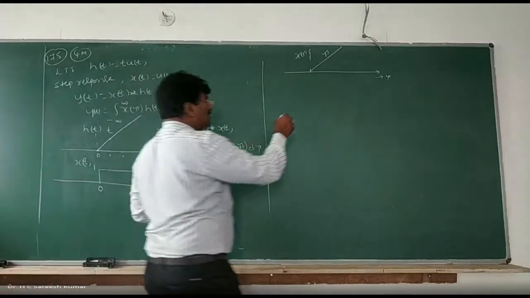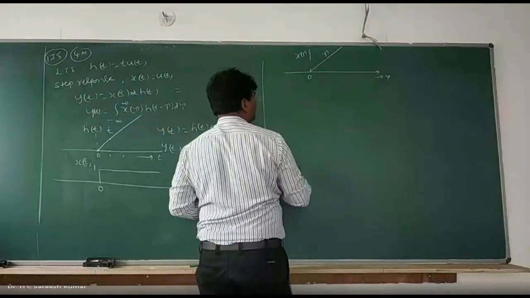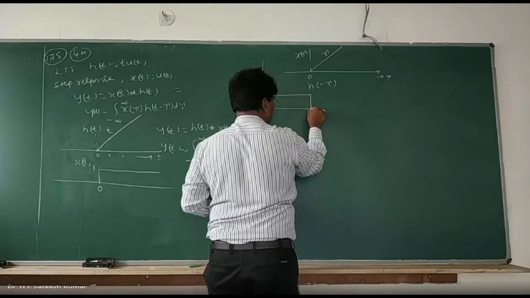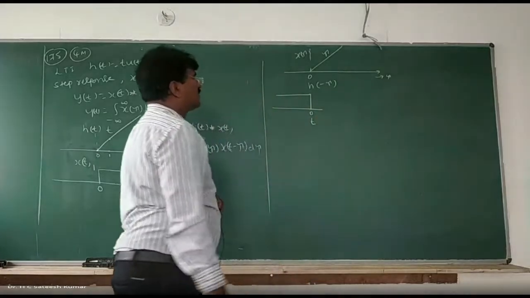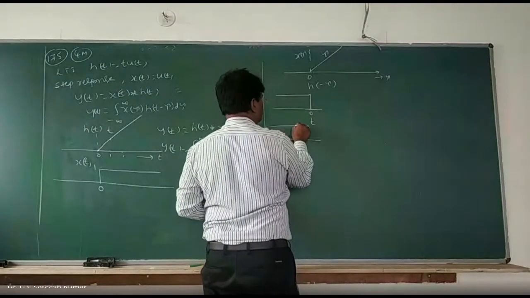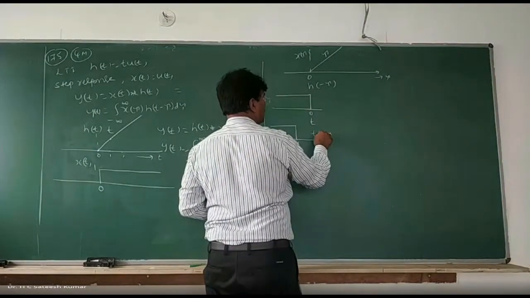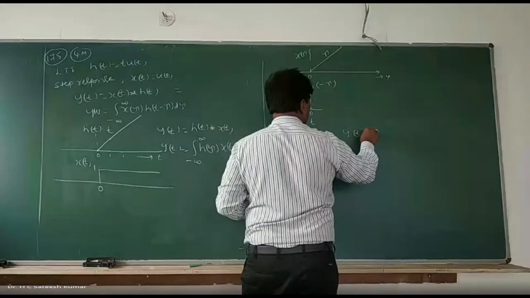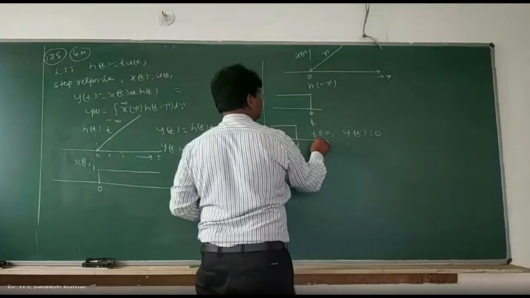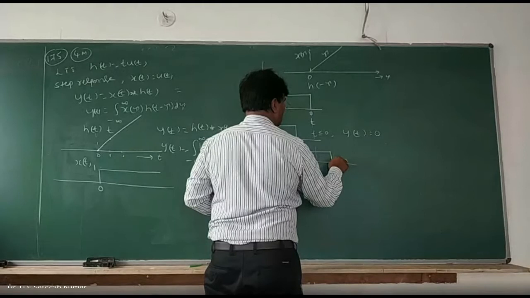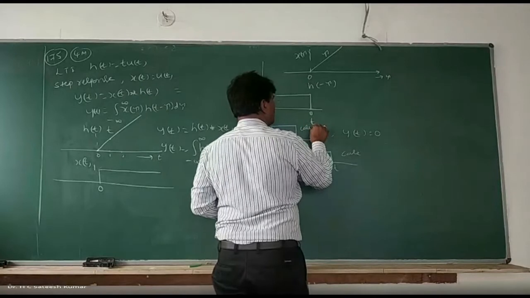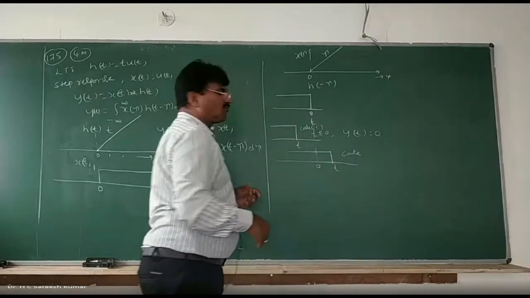So this is 0 to 0. Okay, right. X of tau. H of minus tau is before 0. The 0th value will be taken as t. Okay, this is h of minus tau. Case 1: t less than or equal to 0, y of t is equal to 0. And next, t greater than or equal to 0, this is case 2. Only two cases. Both of them are infinite. Therefore, we have only two cases.